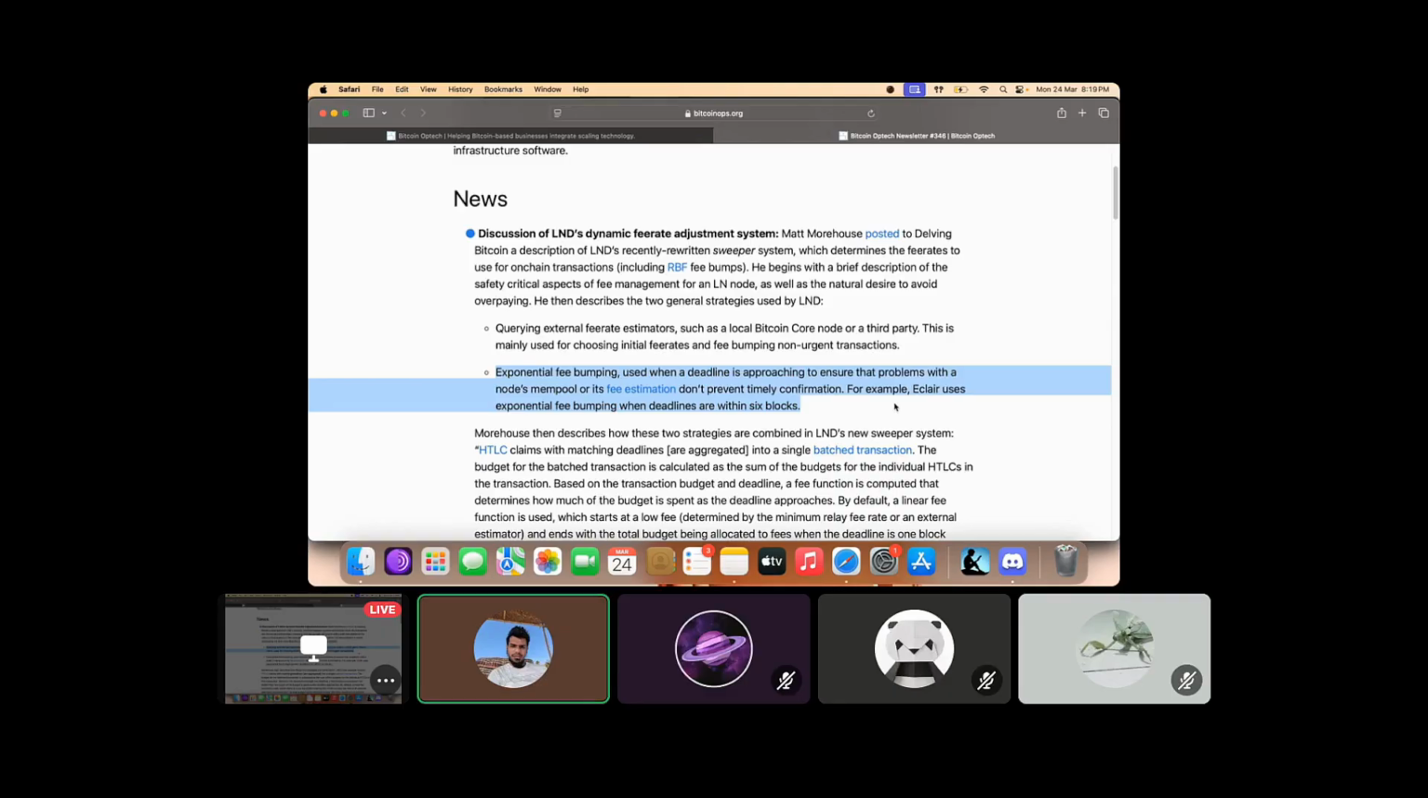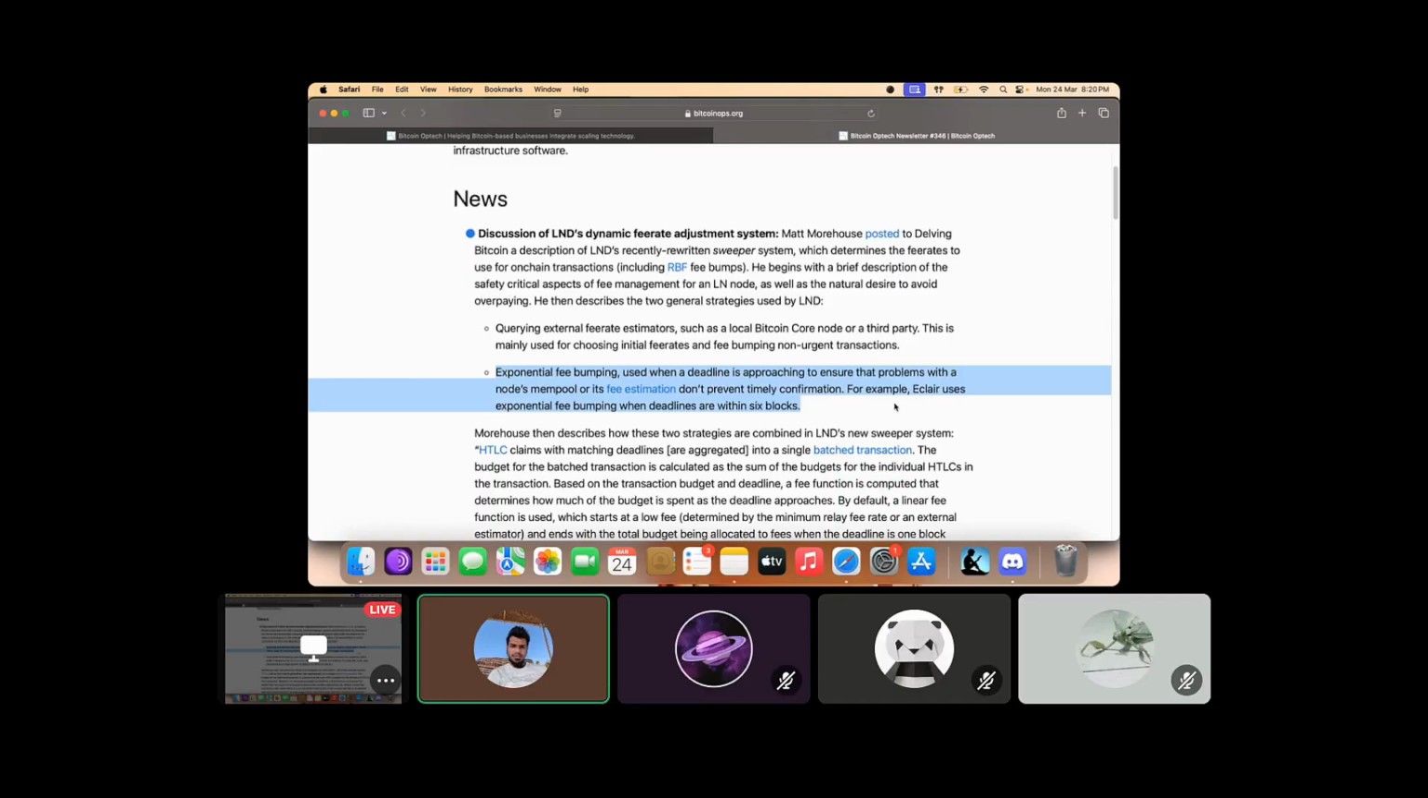Now, how do they bump that fee? How do they estimate to what extent the fee needs to be bumped to get the transaction confirmed on the blockchain? There are two mechanisms that are enlisted here in this article. One is querying external fee rate estimators. So your Lightning node can query third-party fee rate estimators like a Bitcoin client or maybe a mempool explorer and ask them what would be an adequate fee to pay to ensure that your transaction gets confirmed in X number